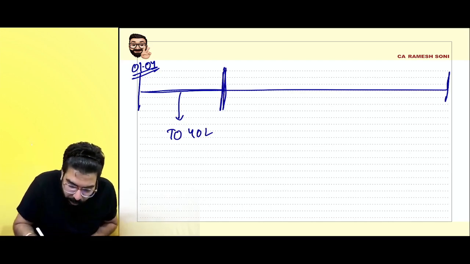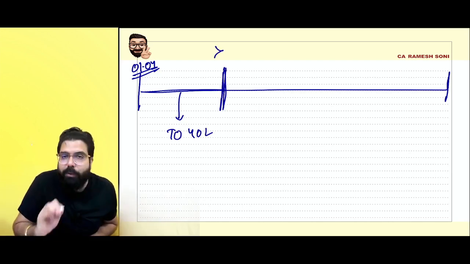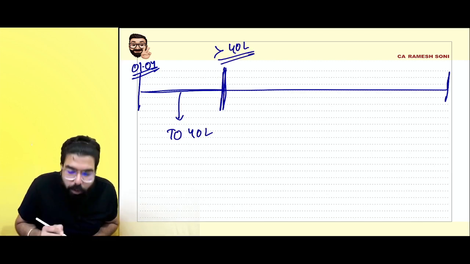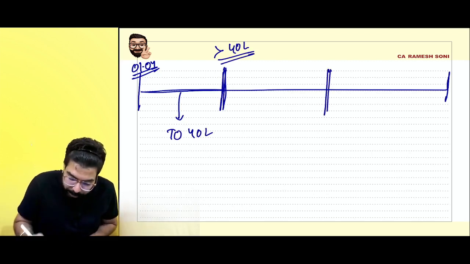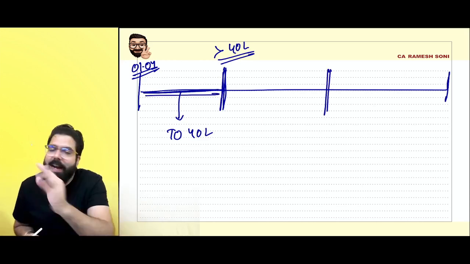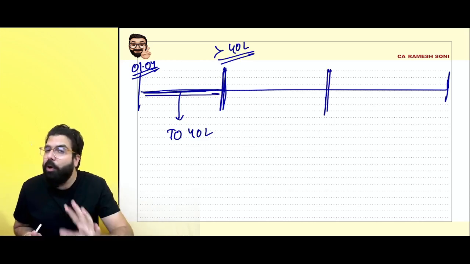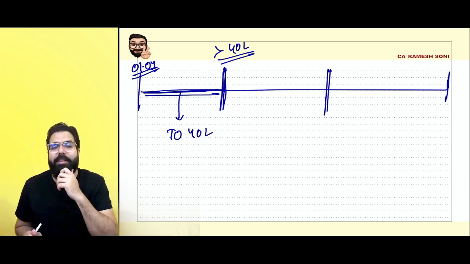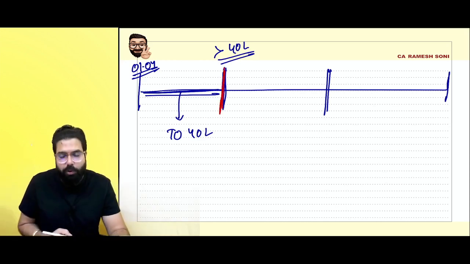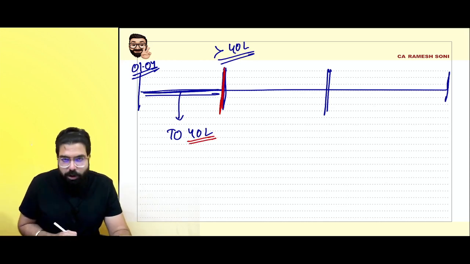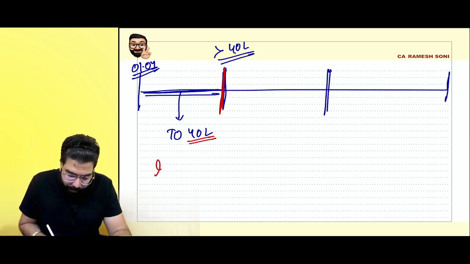Once I exceed 40 lakh rupees, only then will I take registration under composition. My question to you is, for the first 40 lakh, I don't have to pay anything. Why, sir? Because I was not eligible to take registration. Now I crossed 40 lakh turnover. Till here the turnover was 40 lakh rupees, and supposing my interest was 10 lakh rupees.